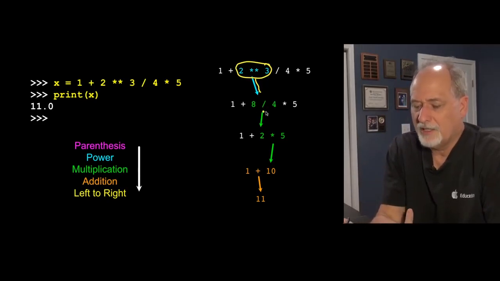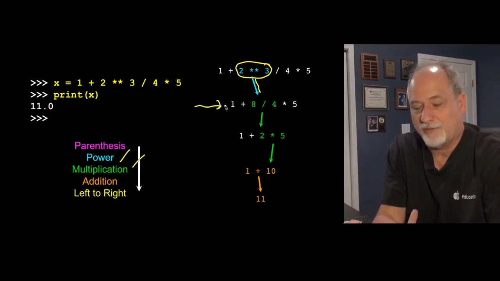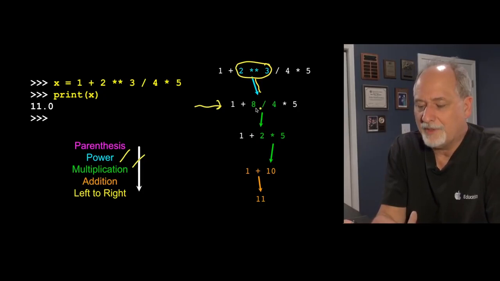Then what I would do is I rewrite the whole thing with the 8 there. And now I look across and I'm looking for multiplications because the power's been done. The multiplication is what I'm looking for next. And then there is both multiplication and division. They're equal. They're at the same level. And so what happens is they're done left to right. 8 divided by 4 happens before 4 times 5. And so the fact that it's not 4 times 5, but instead 8 times 4 is because of the left to right rule. So then this gets rewritten